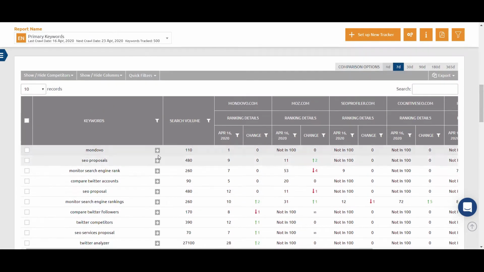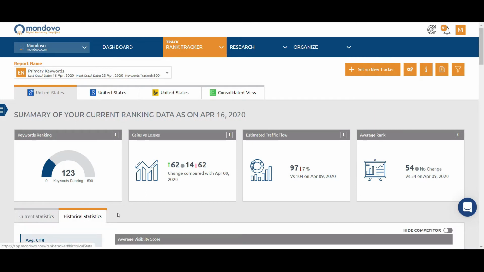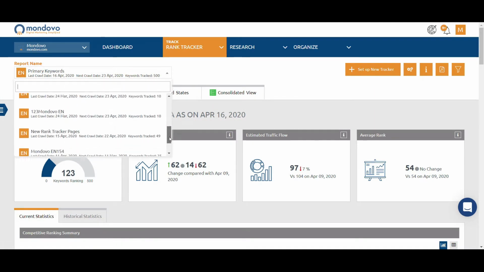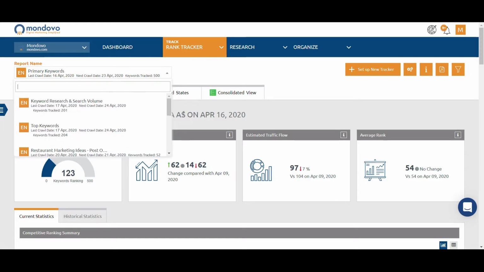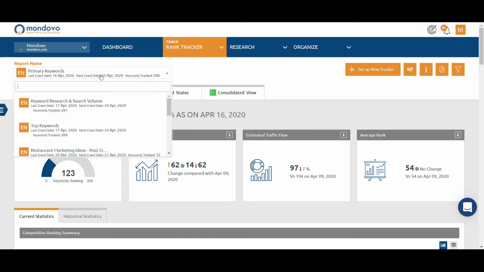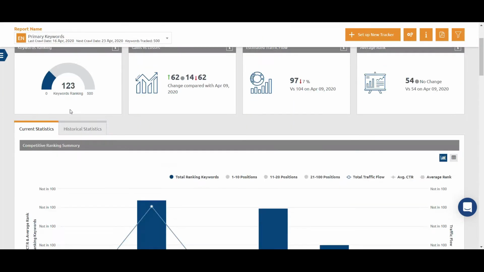You also get information like which are the top 100 sites if you click on this, and there's a lot of historical information available. Another key feature of Mondovo's rank tracker is that you can set up multiple profiles. So if your site is a large site that targets different keyword sets, you could have a separate profile for each keyword set. I would recommend you going into the rank tracker overview video to get more details on how